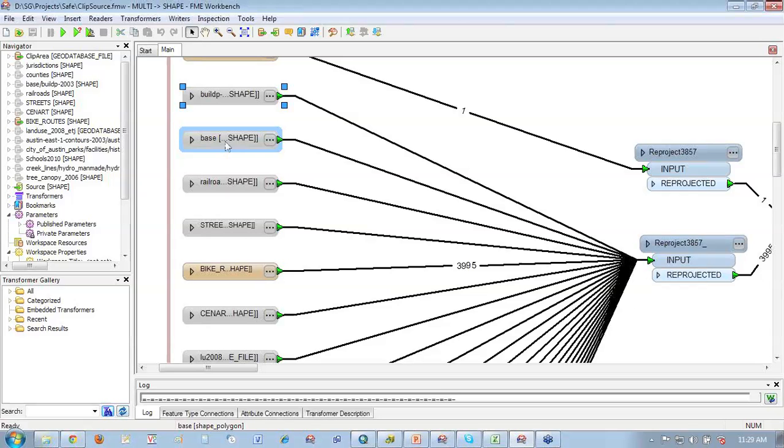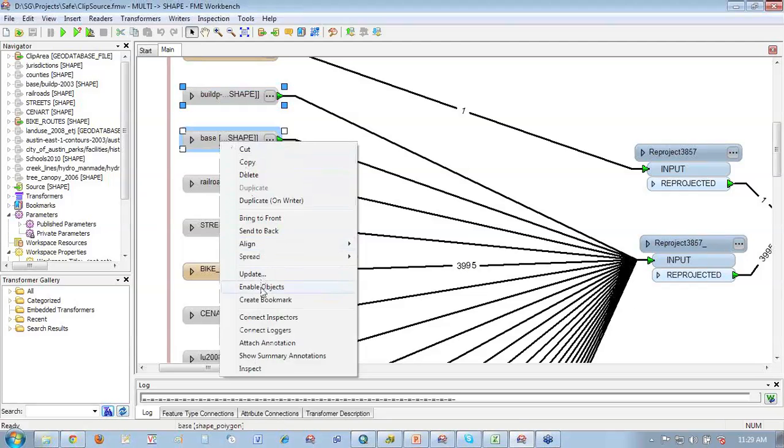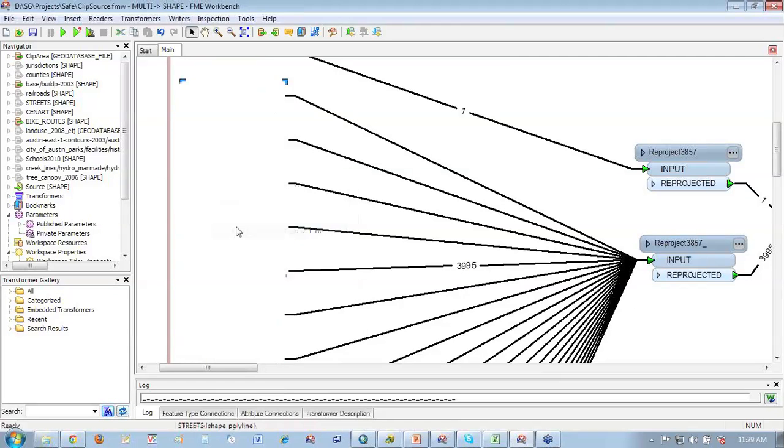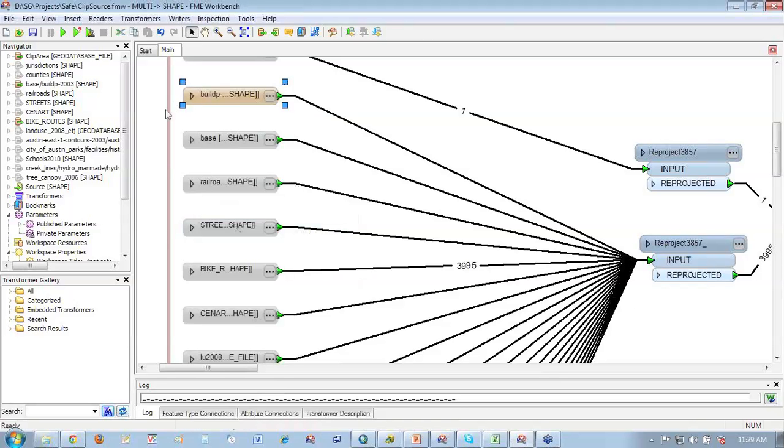So I could go pick on a few of these because I want to work on the building footprints or a couple of these things at the same time, and I can enable those objects, or I could click back on here and just enable only this feature type, or enable only this feature type. So really, this is all about subsetting, making sure that you have the smallest amount of data as you're doing the development and experimenting, and so it lets you do turnaround very quickly. Yeah, exactly. I'm trying to narrow it down and make it really efficient, because the tough problems are getting all those little data model things dialed in, and that's more time consuming actually, and it's frustrating to spend hours sitting here waiting when you could just do a few things at a time.